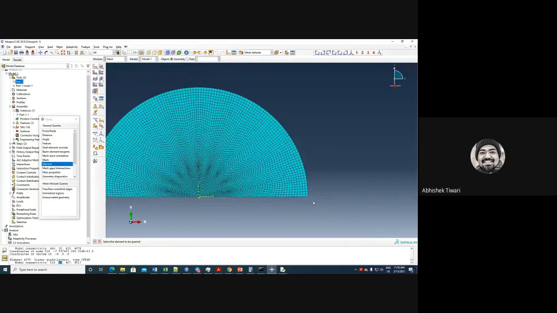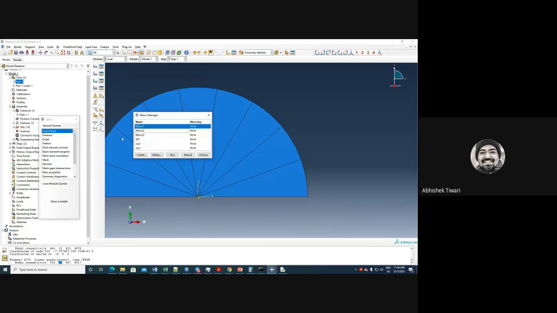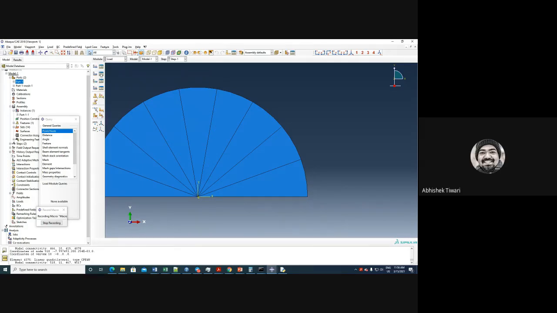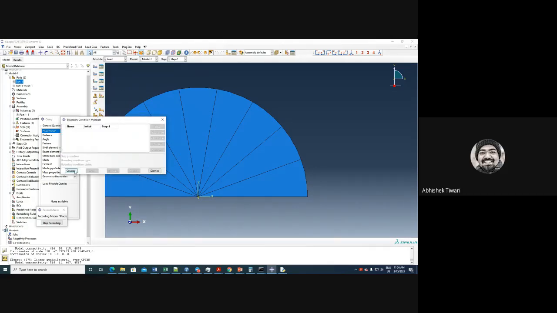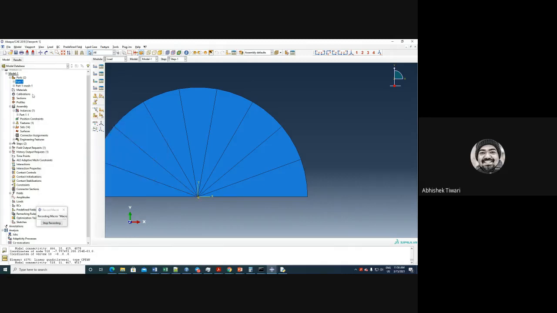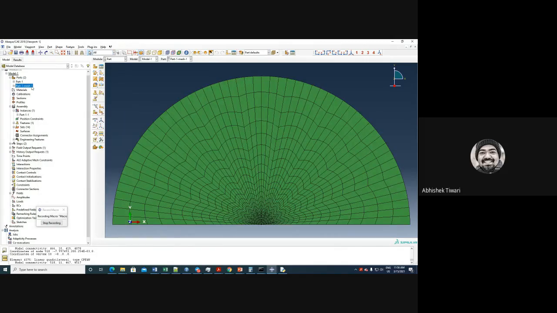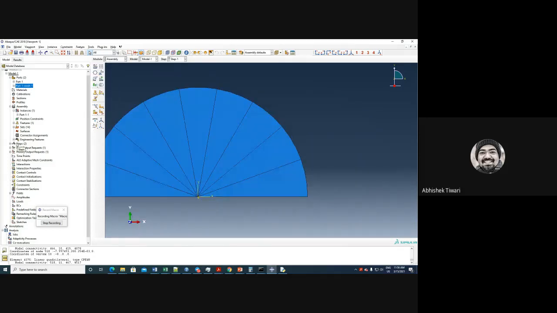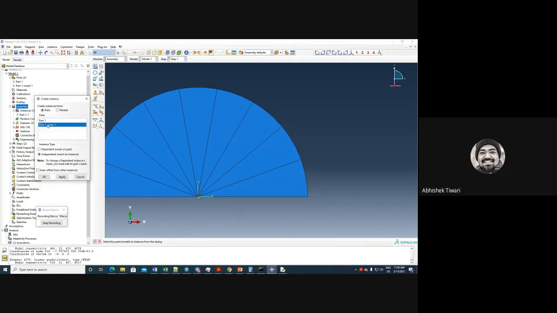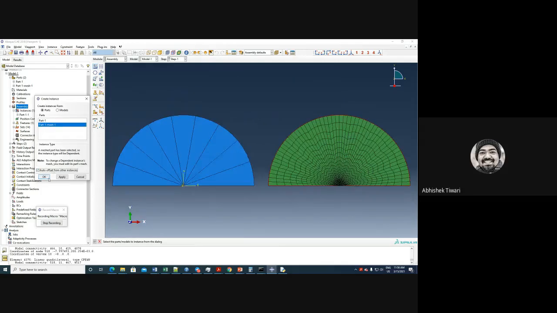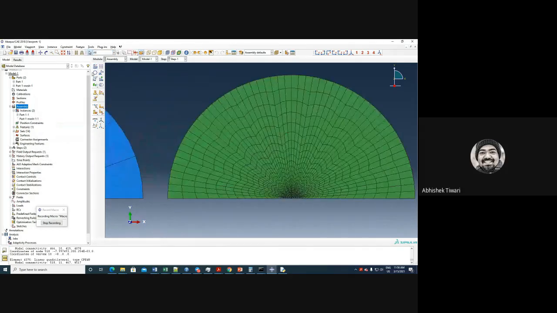Okay. And then if you have to apply a boundary condition on any of the nodes, what you should do is start the recording. So go to macro manager, create, start recording, and then apply the boundary condition. Okay, so this guy has to be called in the assembly. So we go to assembly, and call the other guy. This is this one, and an auto offset here. And now let us apply.